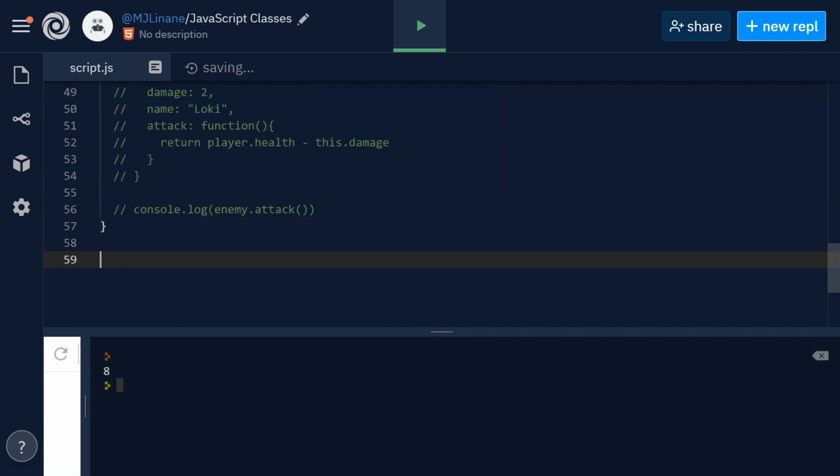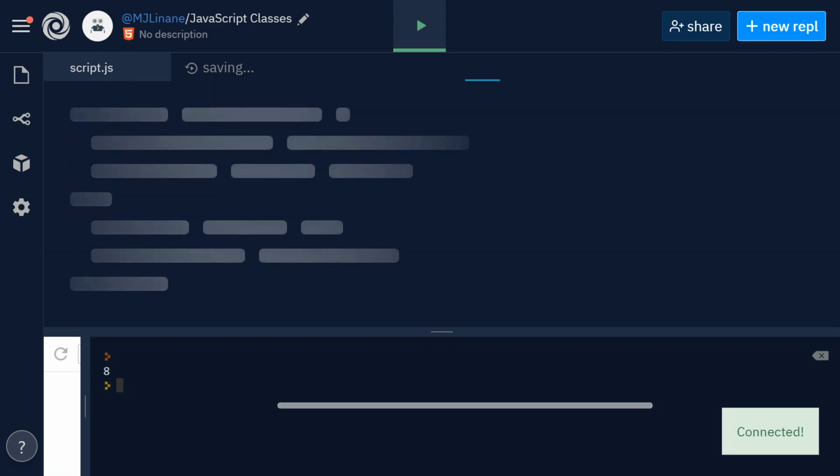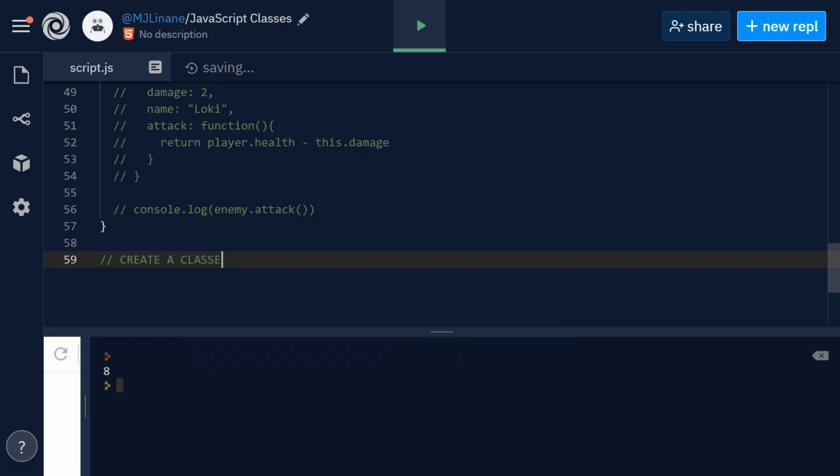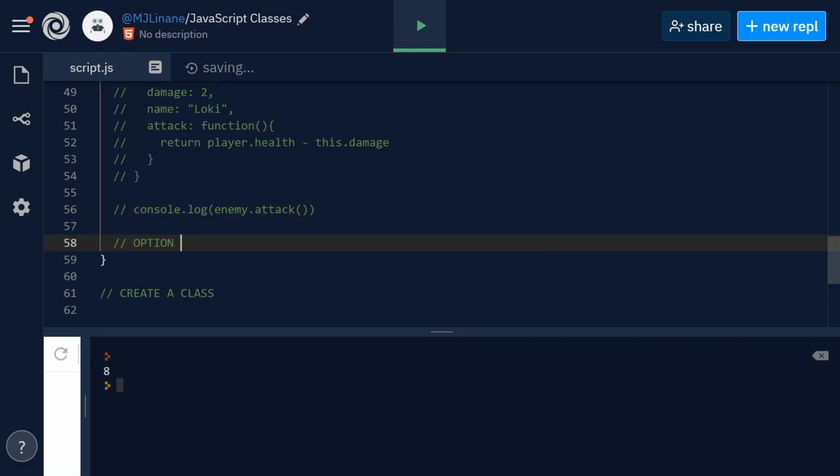So there should be no brackets around me. And the reason is, got a little bug here. There we go. Go below it. And the reason is we're going to create a class. And what we're going to do is I'm going to actually put a note here. Option 4